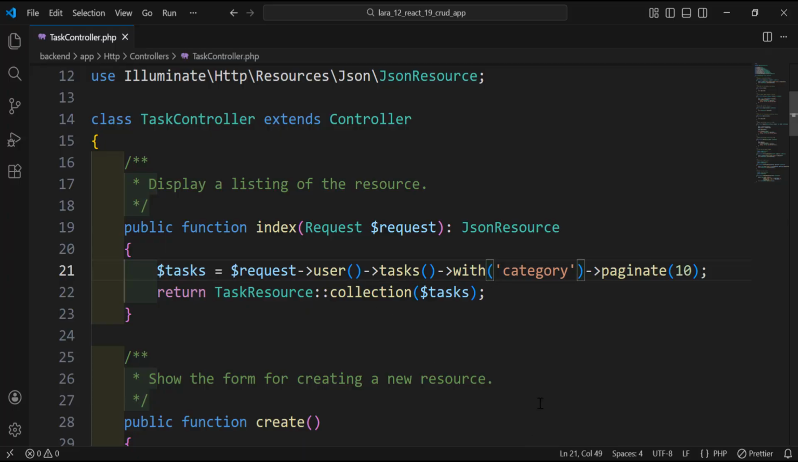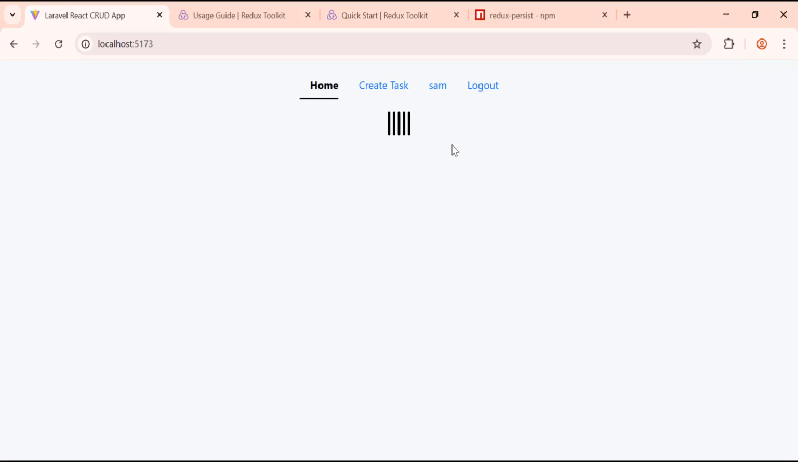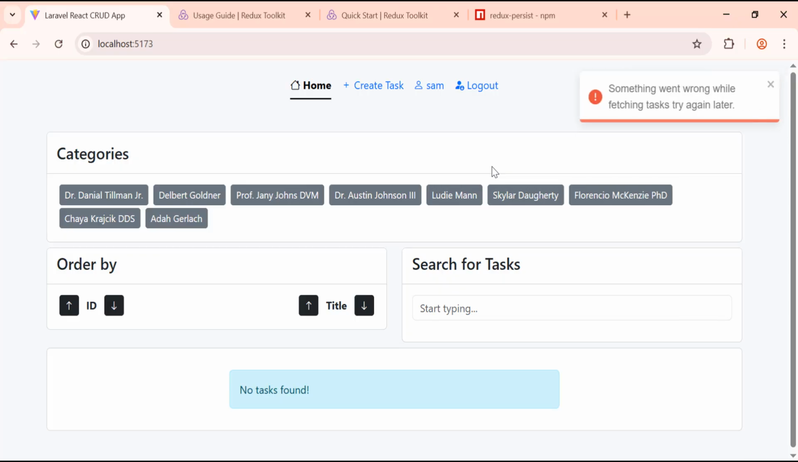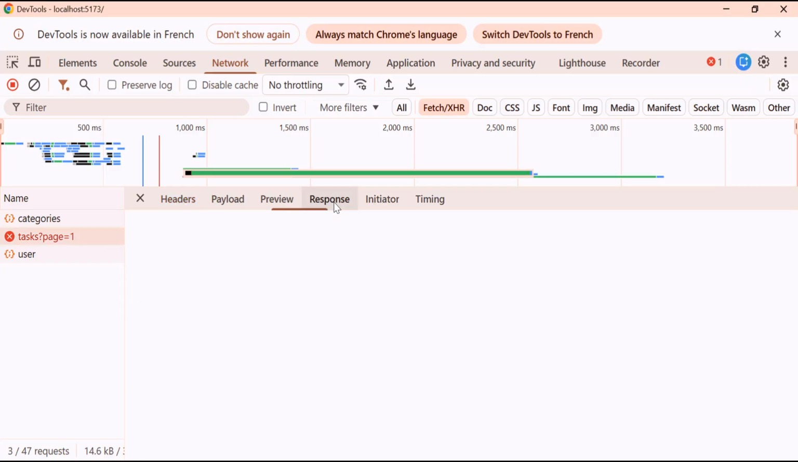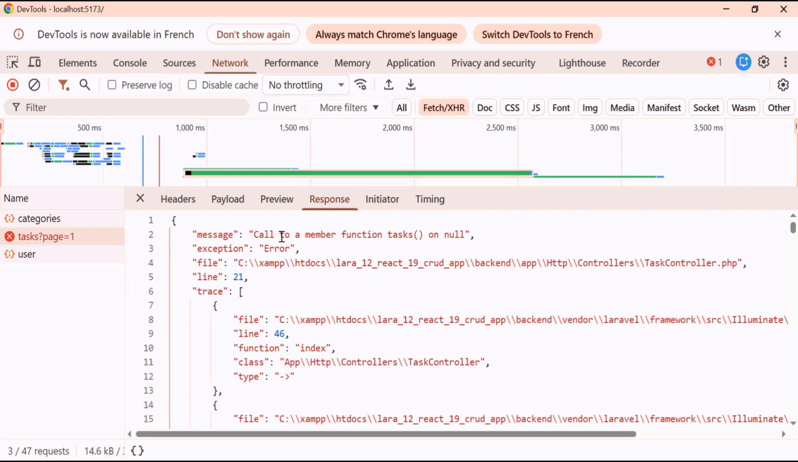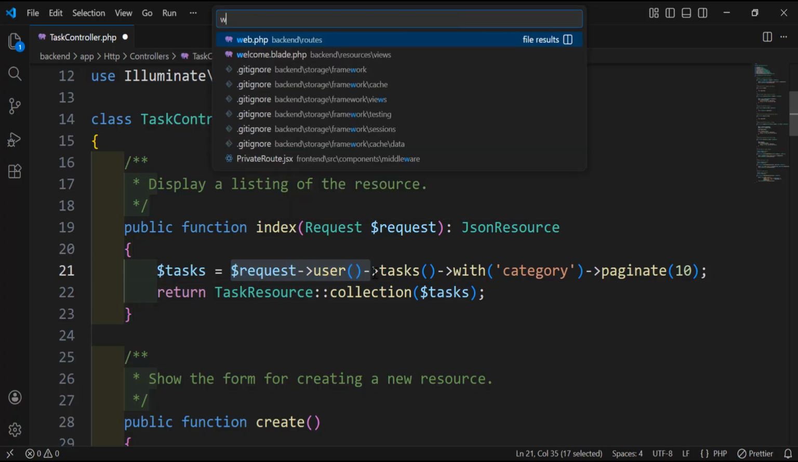Okay, so let's refresh the page. I think we will have an empty page. As you can see, no tasks found. Let's check what is the error here. So, call to a member function tasks on null. Let's go back here. And the problem is not here. So sorry, the problem is we are trying to get currently logged in user without